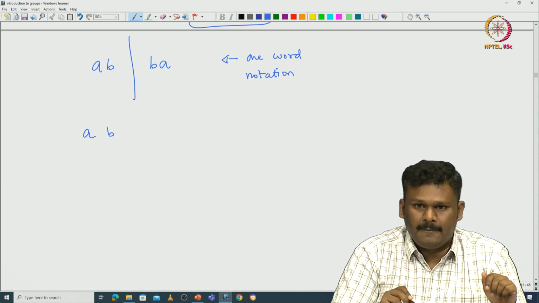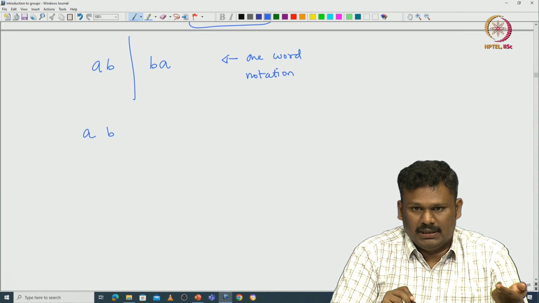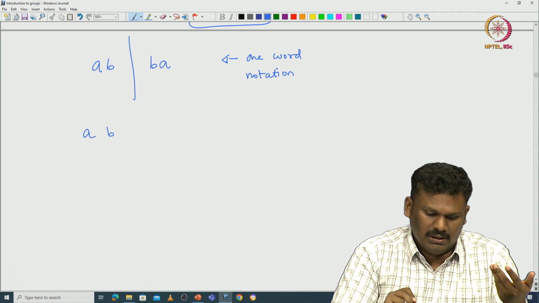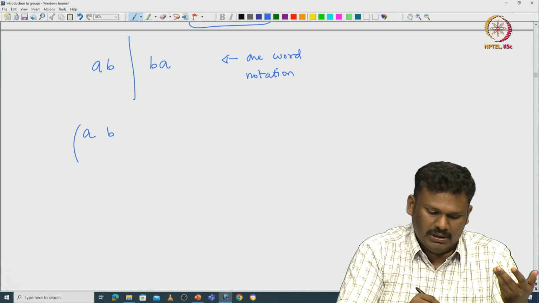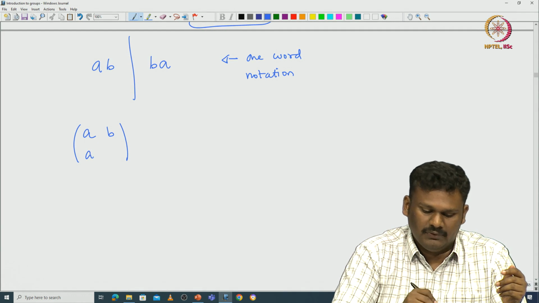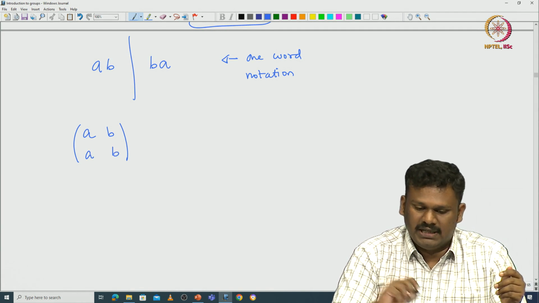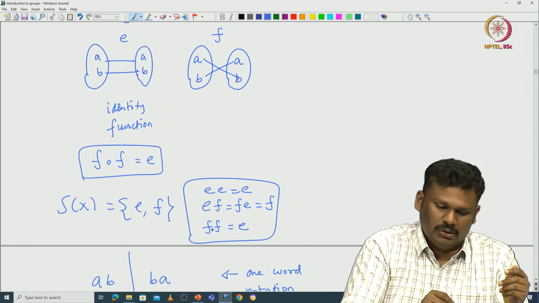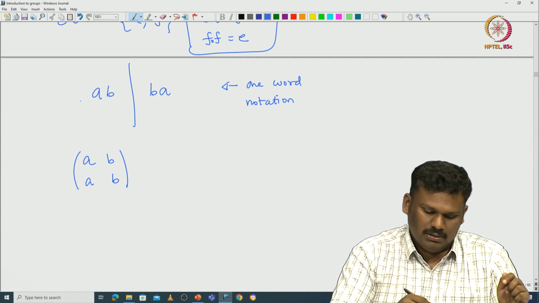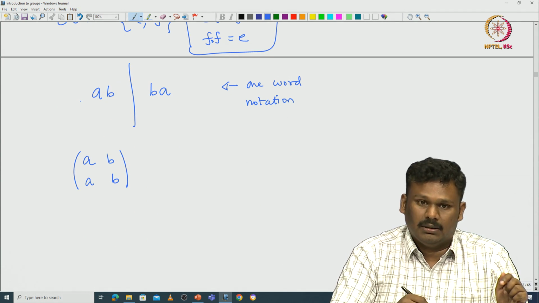So, this is the domain. Then how the function acts: basically you are looking for the image. You can list them at the bottom, just below the respective elements. For example, the identity: you put this bracket, you write A B. Then A goes to A with respect to identity, B goes to B. The same function that we have denoted pictorially here can be represented as A B written on the top and A B written on the bottom.